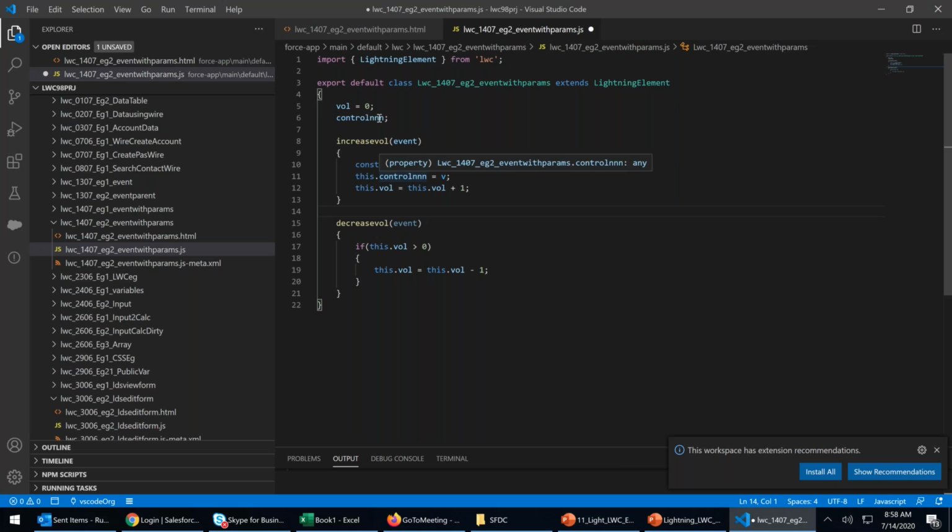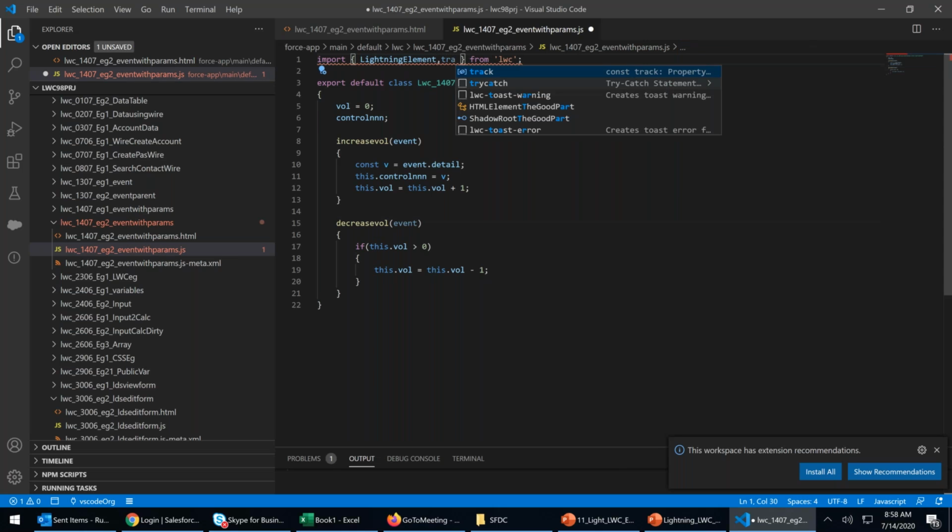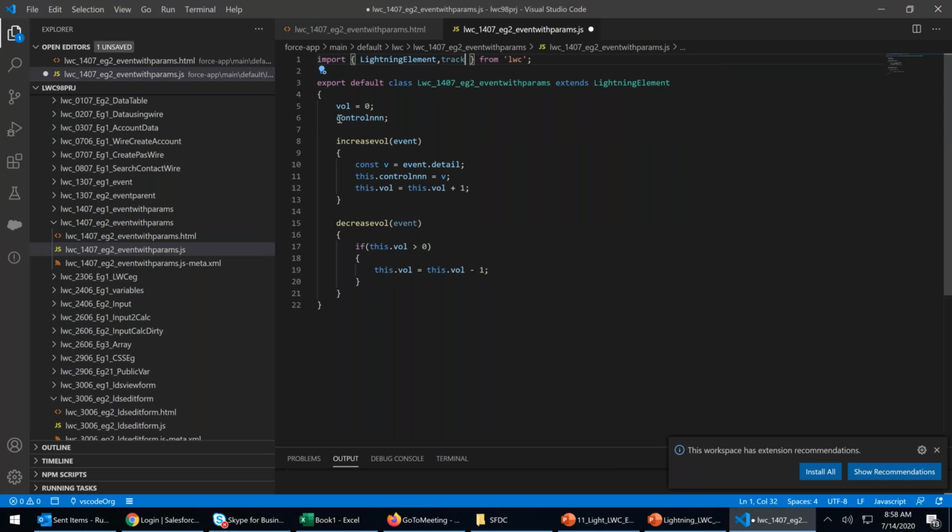Whatever the v is there, I'm passing it there. Because the v will be changing, one time it will show brightness, one time it will show contrast. So it's changing. So I will say track, and I will say @track. Similarly, when the decrease button is clicked, while the event is captured, I want this to happen. This is how we